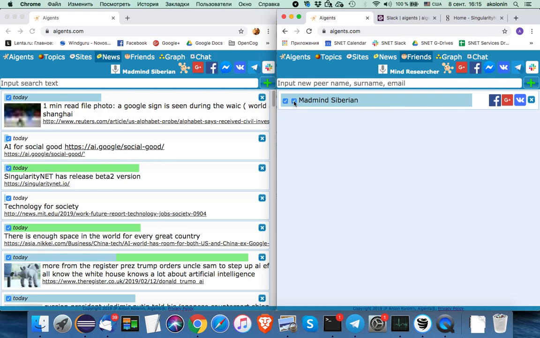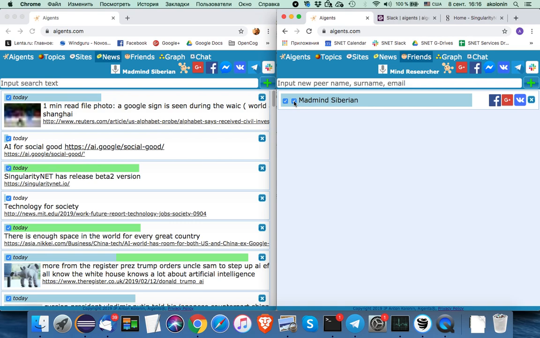The one on the right means that you want to share your news to the friend. That means that all content found by your own personal agent will be shared to this friend and will be delivered to the inbox of this friend, to the news feed of this friend, or to the Facebook, Telegram or Slack messenger of this friend,